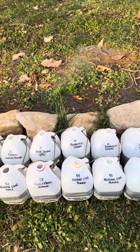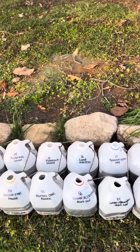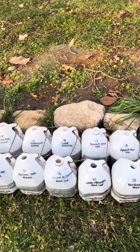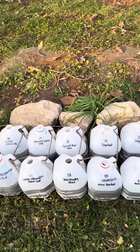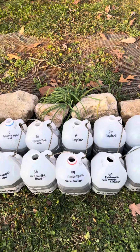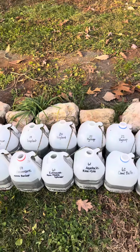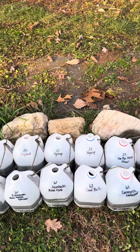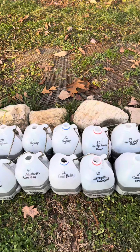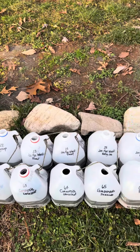Blanket flower, Sahara rudbeckia, prairie blazing star, Luna hibiscus, heartleaf golden Alexanders, hyacinth bean, the vine variety, wild bleeding heart, Mora Barlow columbine, ice plant, rose prairie splendor, echinacea, rosemint agastache, hyssop, coral bells, lanceleaf coreopsis, dwarf Joe Pye weed,